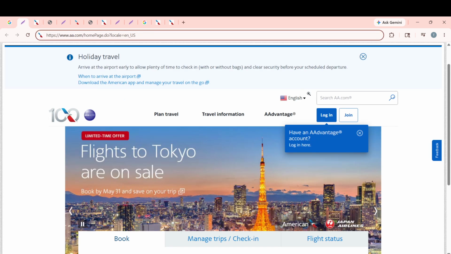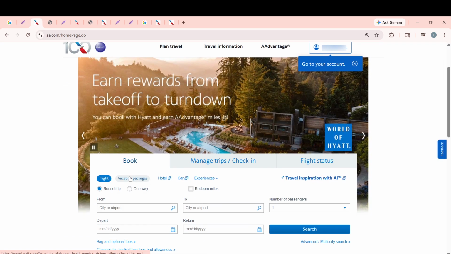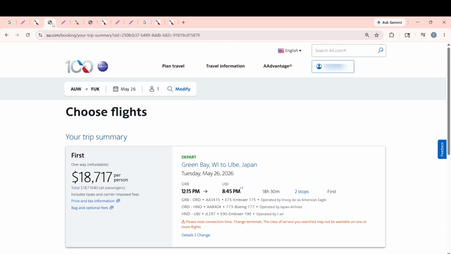Next, choose the type of trip you're booking: round trip, one-way, or multi-city. Pick the option that matches your travel plan. Multi-city is helpful if you're visiting multiple destinations on the same itinerary. Enter your departure city, your destination, your travel dates, and the number of passengers, then select Search. If your dates are flexible, consider adjusting by a day or two to compare prices and schedules.